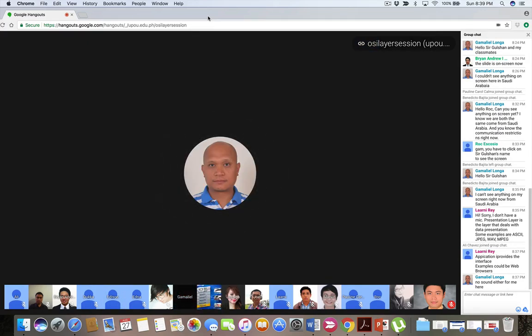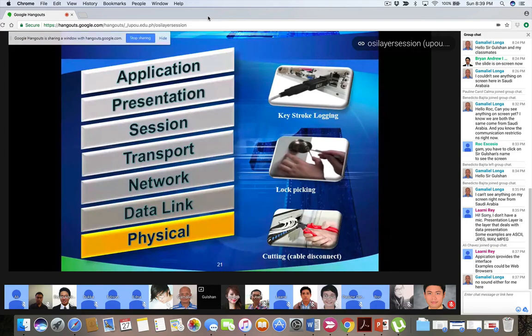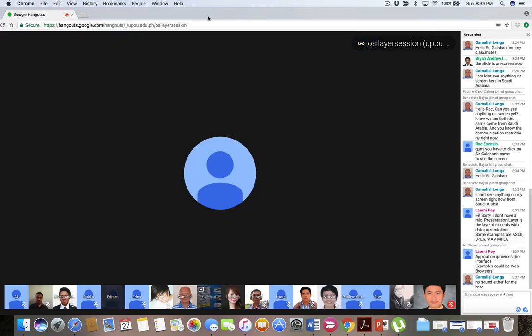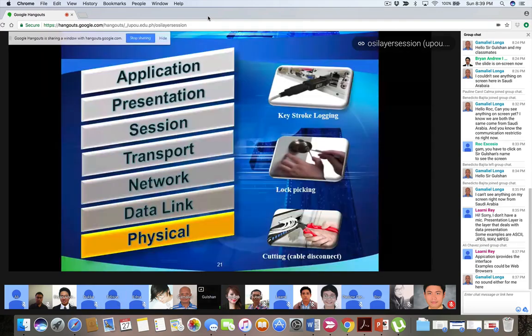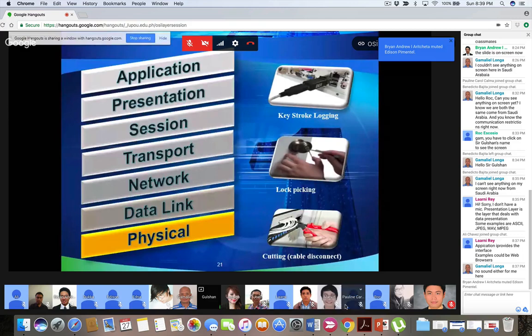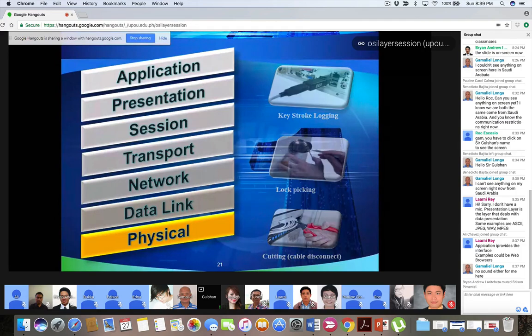Simple example. We are talking here about the physical layer, right? Guys, can someone mute? I see some background noise. Okay, thank you. So take an example: in your office, you have a network, and each and every machine is connected via a server. If someone cuts the cable, you cannot connect, correct? That's a hacking attempt on the physical layer. Now we go to the next layer.